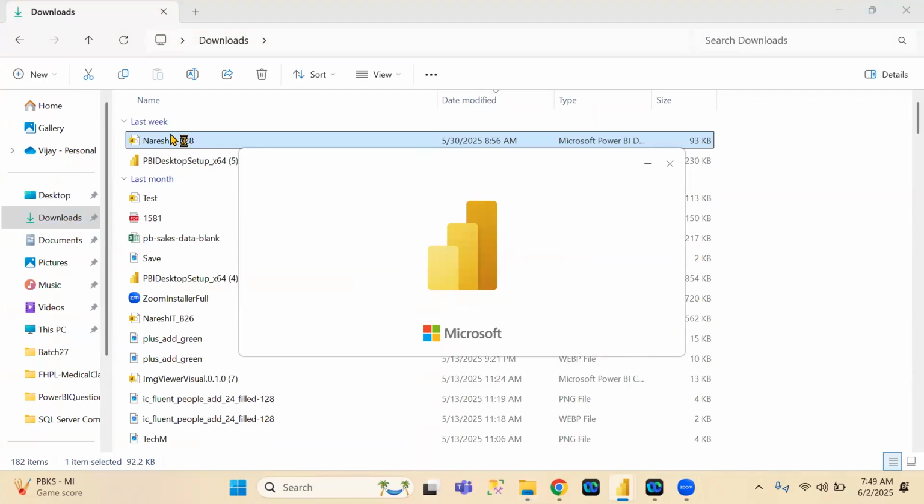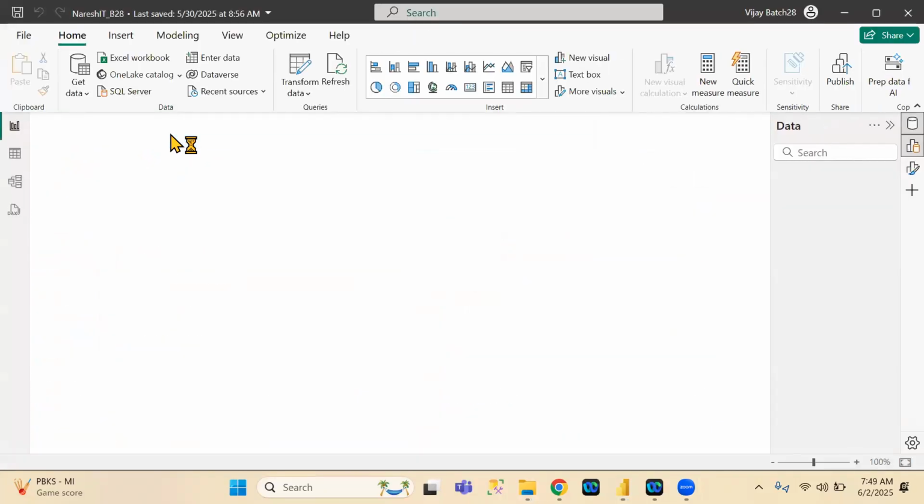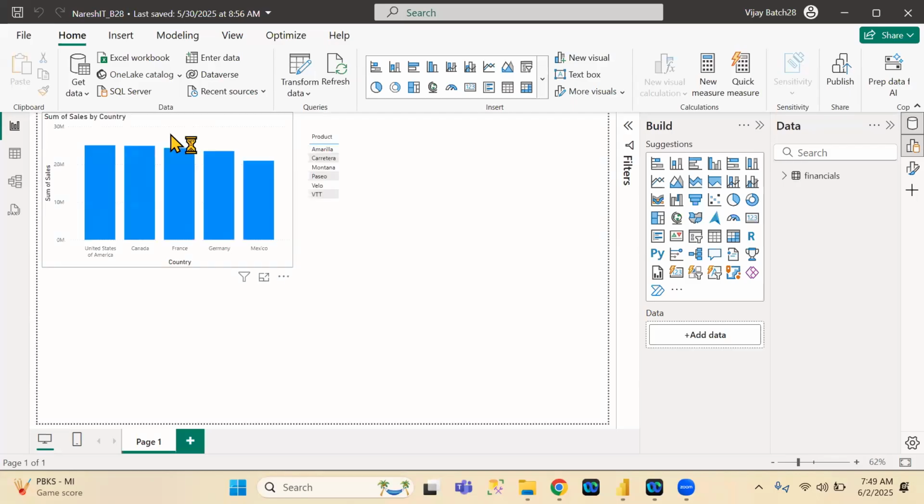So, in the last class, we discussed left pane options, right? How many options are there? Four options. Okay. We discussed each and every point very clearly, except model view. Don't worry, there will be a separate topic for model view. At that point of time, we will discuss what model view is and everything. Okay. Next one is